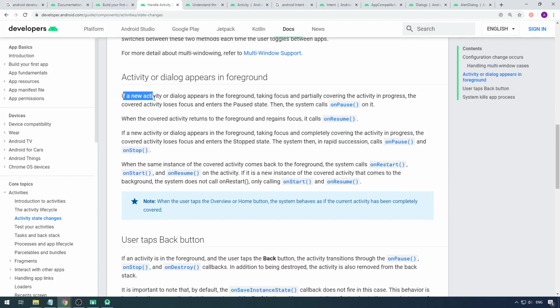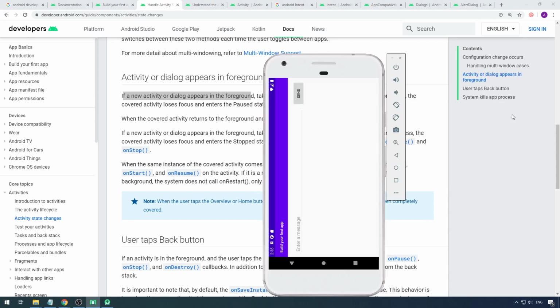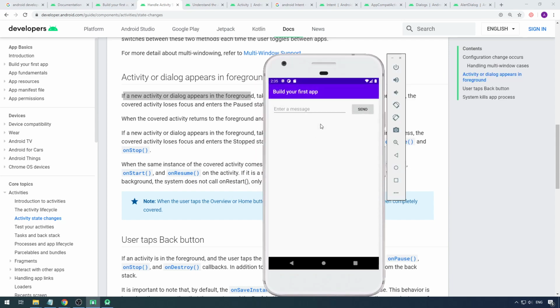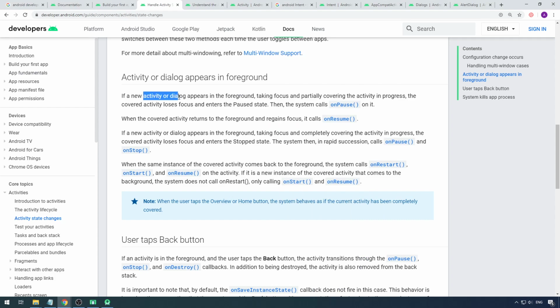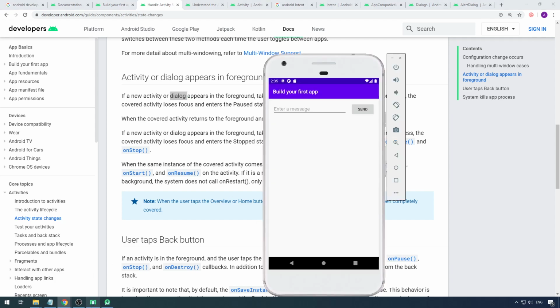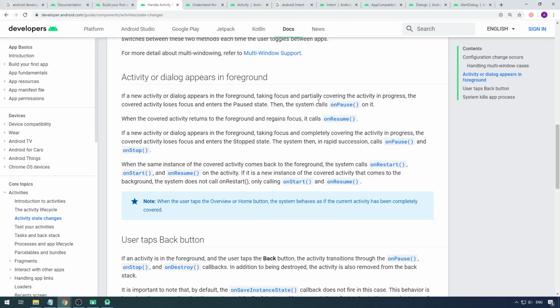So if a new activity or dialogue appears in the foreground, right? Say, for example, the user is using this app, but all of a sudden while using the app he receives a phone call. When he receives a phone call, another activity pops up. That is what is meant by an activity or dialogue appearing in the foreground. It can even be a dialogue box. So on top of this, the new activity appears in the foreground,